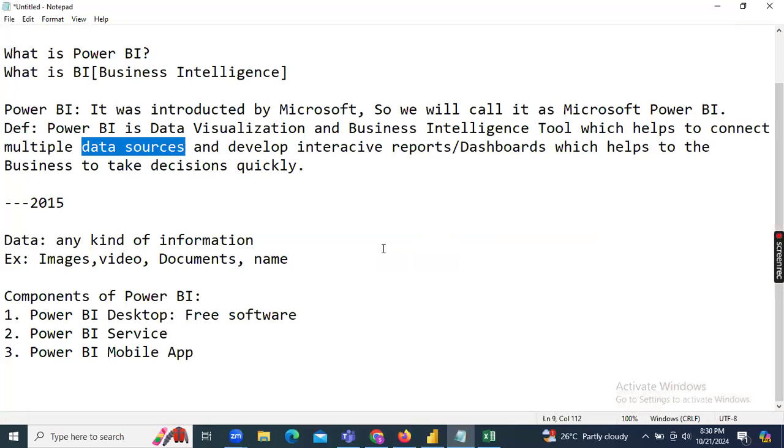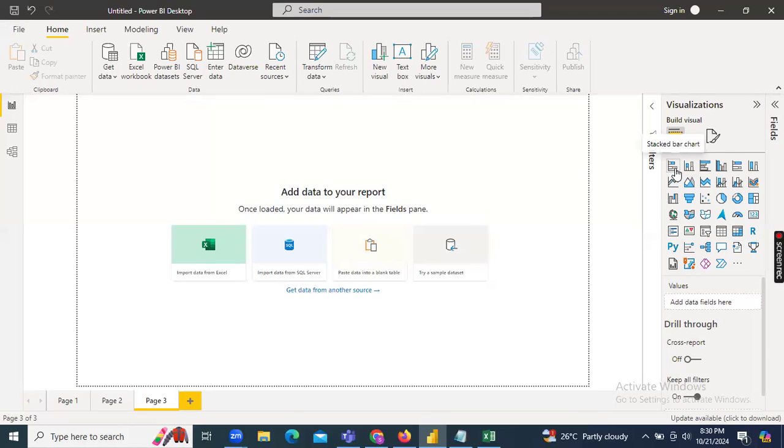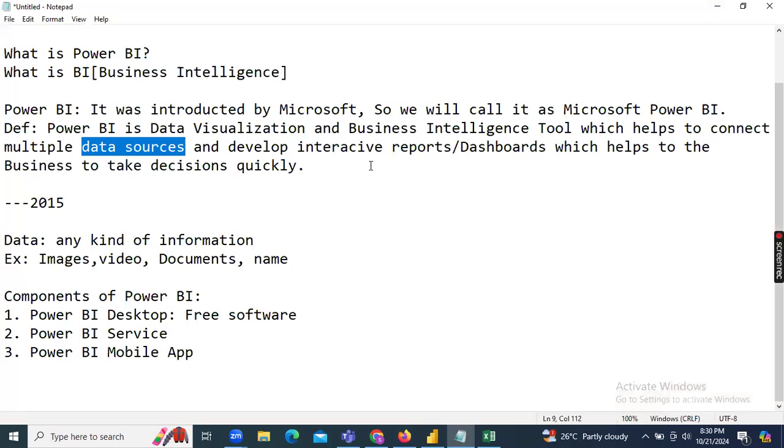So how we are going to develop those reports and how to create which visual. If you observe, we have different charts here: stacked bar chart, stacked column chart, clustered bar chart, pie chart, table visual, matrix visual, slicer, map also. We have different visualizations, but when to use which one is important to understand in Power BI. That we will discuss in the upcoming classes.